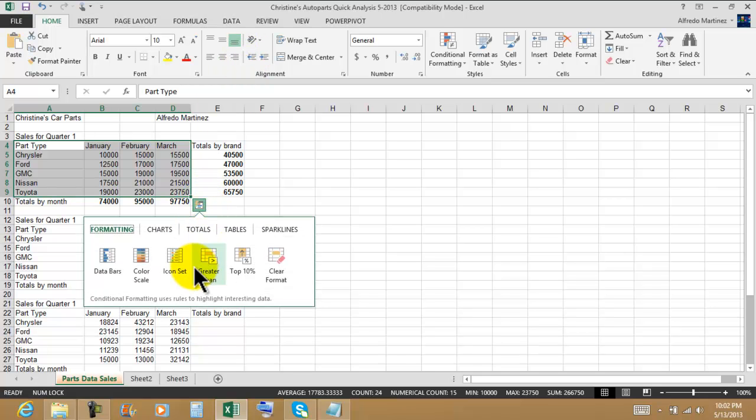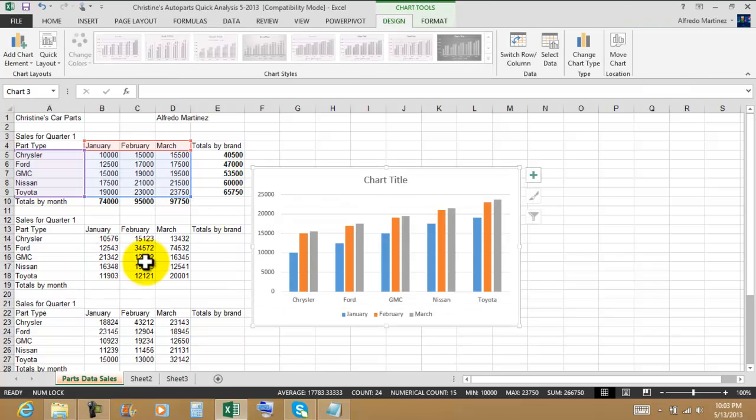Unfortunately, sometimes that's the way it goes. Here's the charts cluster, and there you go. This time it's going to work. We have the 3 months. We have each of the labels for the different arrow types. We have the chart title. We're going to select this, and this is going to be sales for